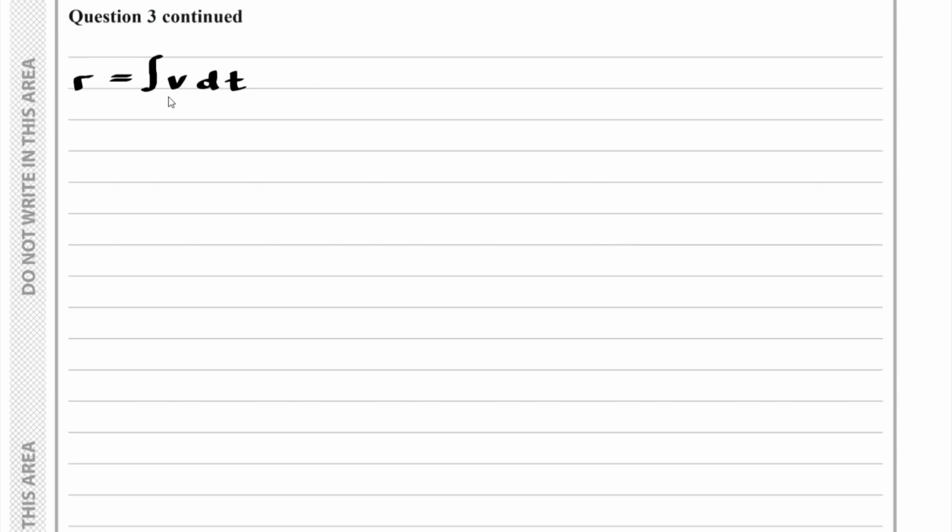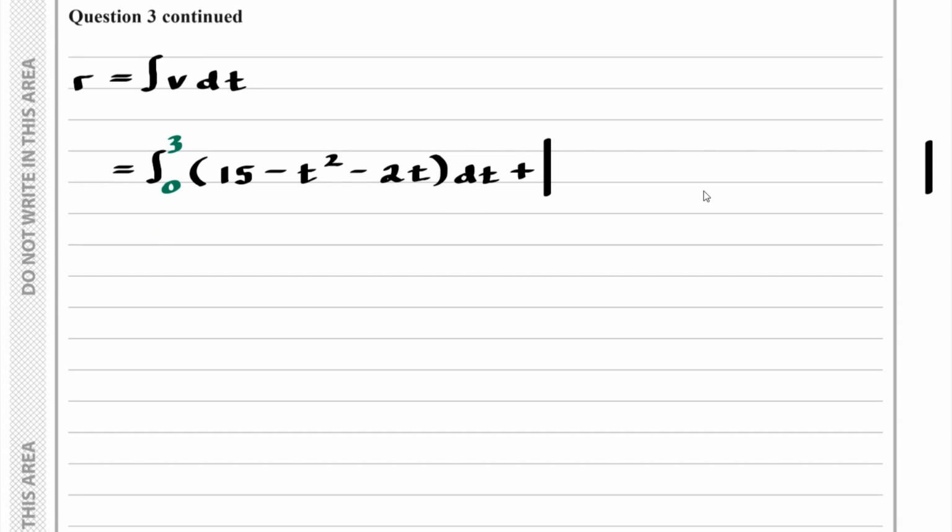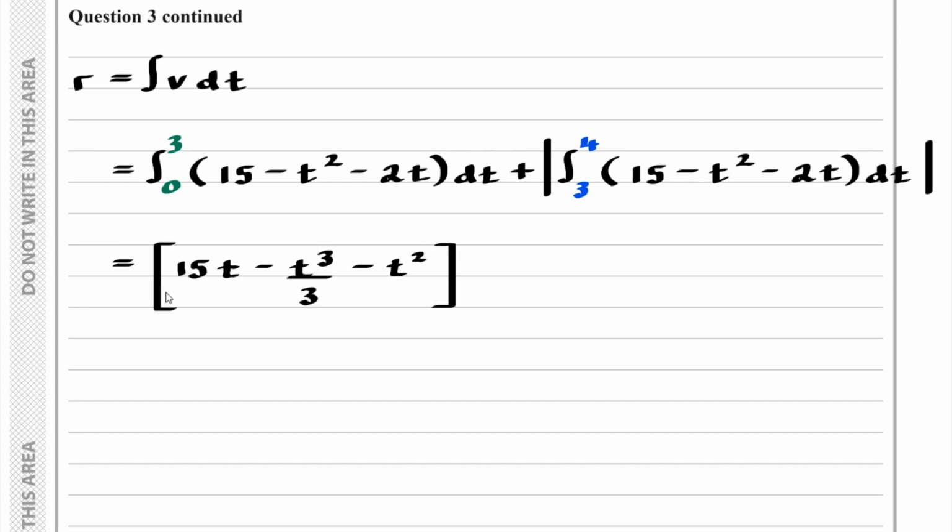So r is equal to the integral of v with respect to t. So we have the integral of 15 subtract t squared subtract 2t from 0 to 3, and then we add on to this the magnitude of the integral of 15 subtract t squared subtract 2t from 3 to 4. So if I work out what each of these are, well, integrating 15 subtract t squared subtract 2t, I end